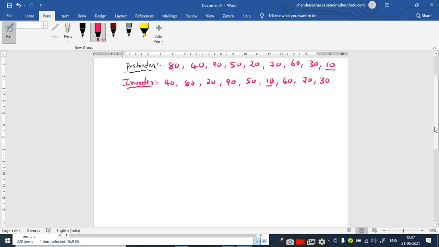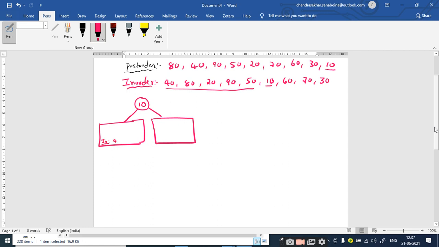Right. So what is the root node here? 10, sir. 10, and I have the left subtree and I have the right subtree. So once I have fixed the root node, now it is time to identify the left subtree and right subtree. So you go to the in order traversal, you put all the elements towards its left hand side in the left subtree, right?